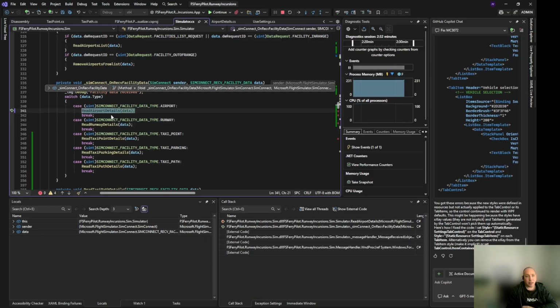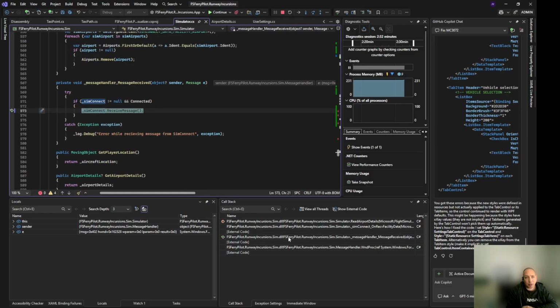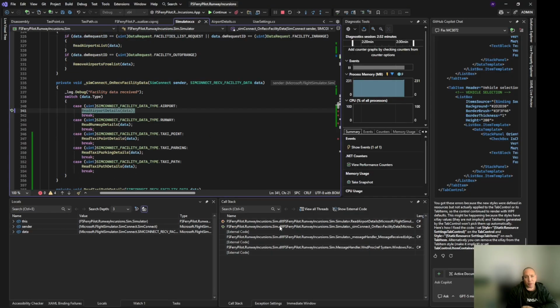We'll just go up the stack real quick to show you what I'm doing. This is actually called from SimConnect on receive facility data. This is an event handler that receives the facility data. And I think we can go up more. Yes, so this is coming from message received. So we're basically coming from the sim. It sends us data for an airport in this case. And if we then go back here,